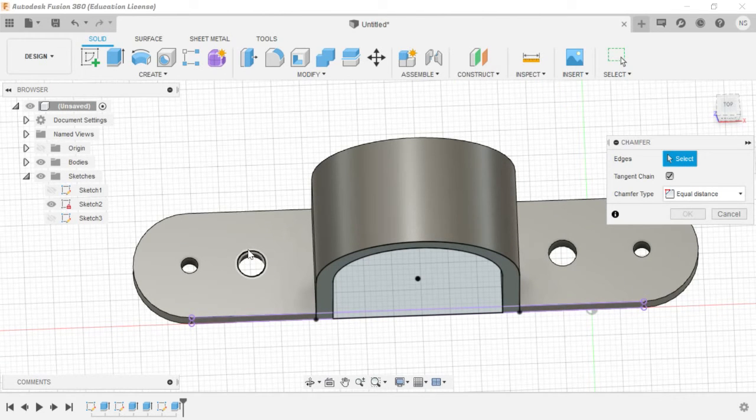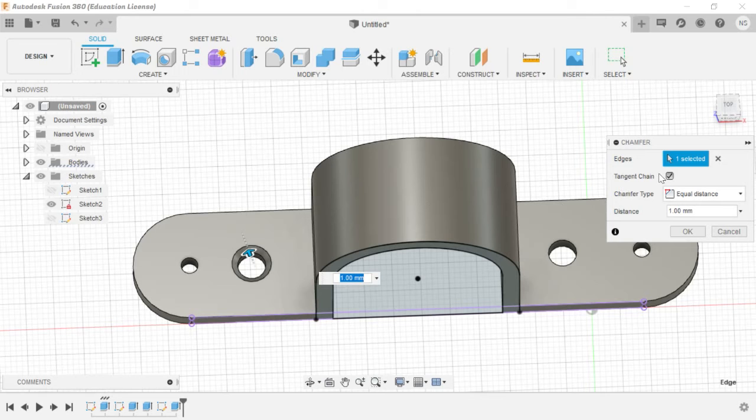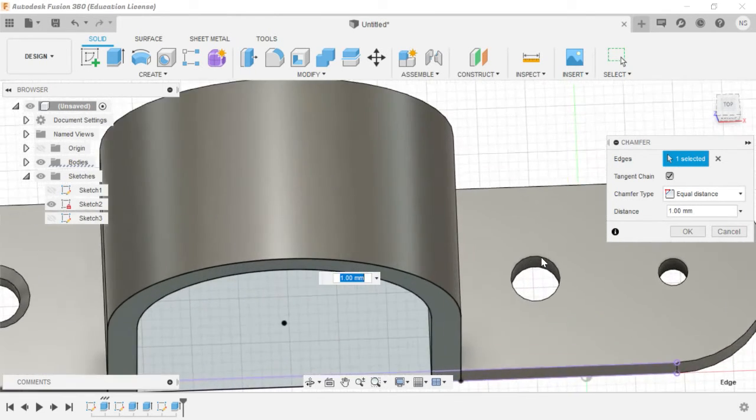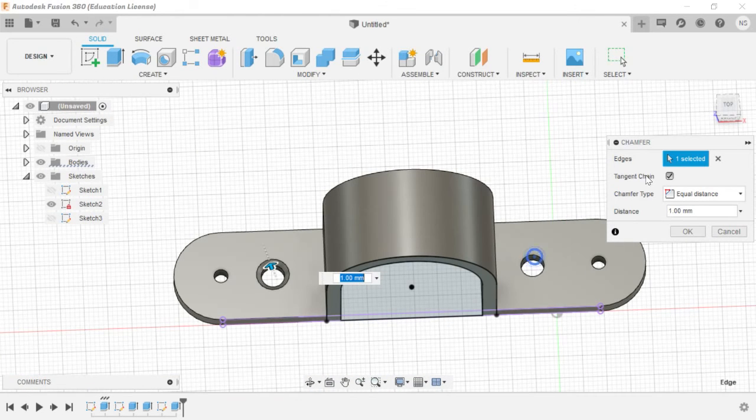Select edges. See, understand, this is chamfer, but selecting chamfer we have to be very particular, because chamfer won't be with everything. So you can select control, select chamfer.